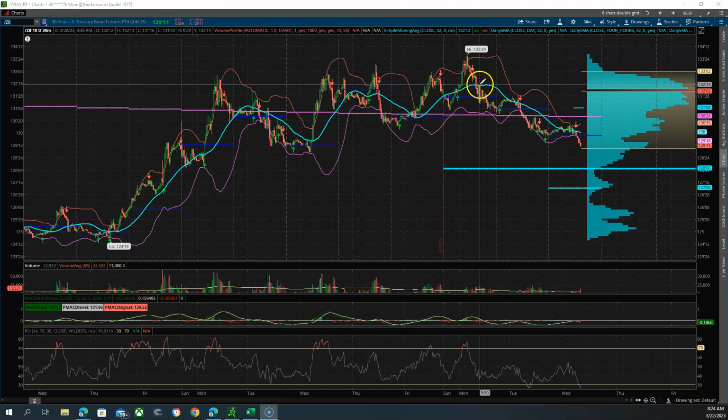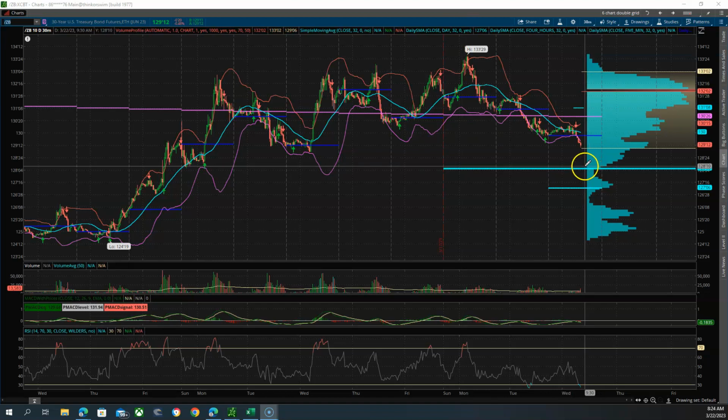In the last 2 to 3 days, that flight to safety has pretty much calmed down. However, there is support around 128.06. Keep an eye out on this area, because if the bonds come down or touch anywhere in this area and start to pick up and rally,